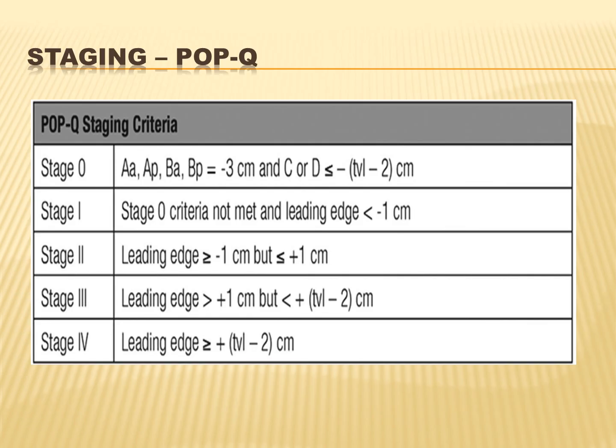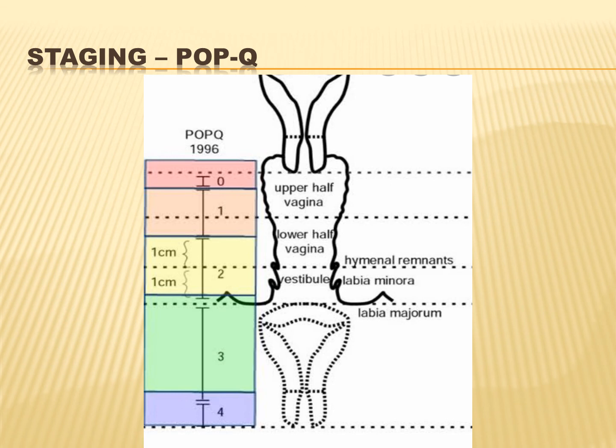Right. So the POPQ classification also includes the staging. It has stage 0 to stage 4. After the 3x3 grid, you will stage accordingly. I think there is no need to explain. I just added it because the POPQ classification includes the staging criteria. Everyone knows the criteria, or else you can just read them and give the staging according to the image. There is no confusion in it. The only confusion arises in how to take the grid and what inferences to draw from the grid.